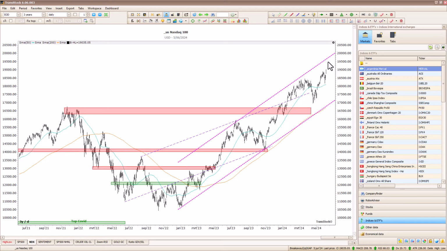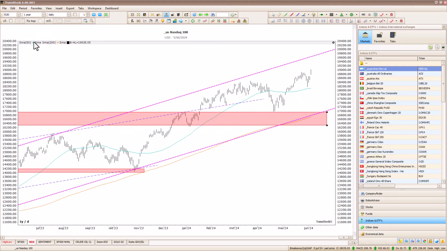Regarding the pivots, I'm gonna extend the pivot from 16,600 and make it a little higher because we saw here a support or bottom on the short term. So I'm gonna place it something like this. This is a very important pivot. On a shorter time period, it's a bit more challenging due to the sideways movement of the Nasdaq.